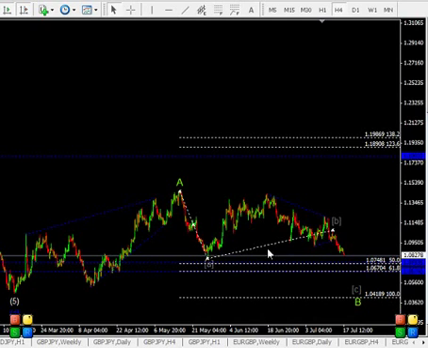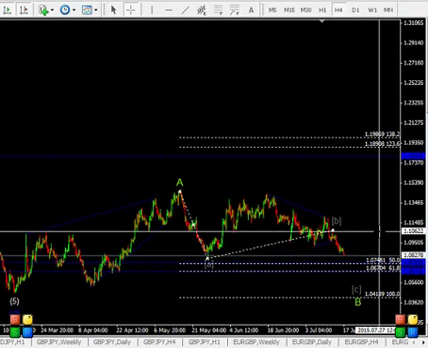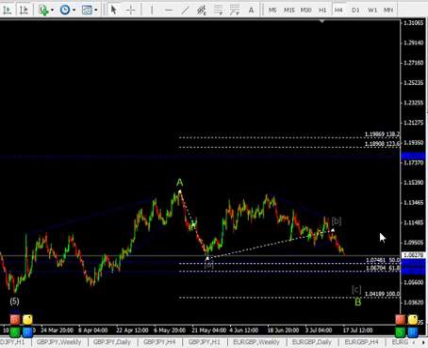Okay, so the A, B, C, D, E triangle has ended here, 1.1062, and we expect a Fibonacci relationship between this small wave A and this wave C. We can see the 50% retracement level will give us 1.0748,